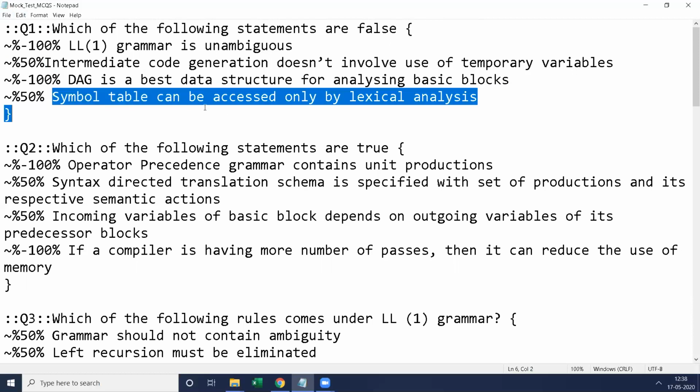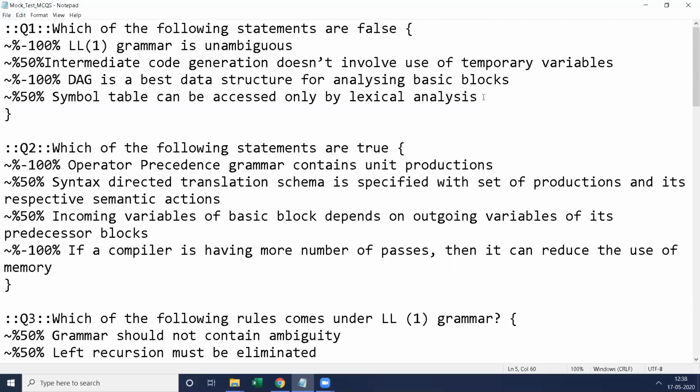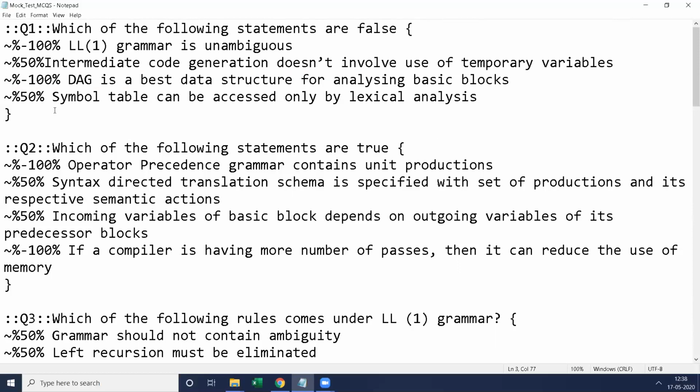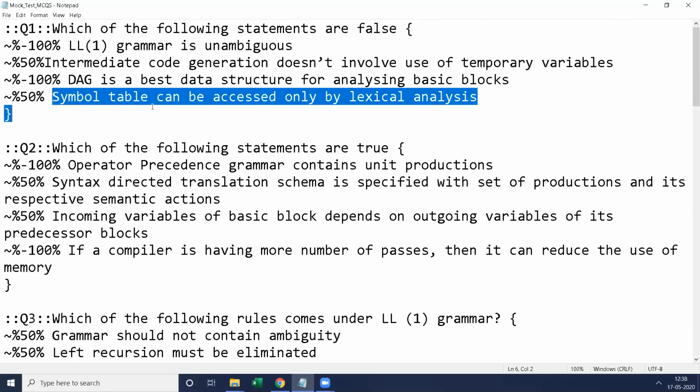So 4 different choices are there. Among these 4 different choices, I am having 2 right answers. What are the 2 right answers? The second choice is a right answer, and the fourth choice is also a right answer.